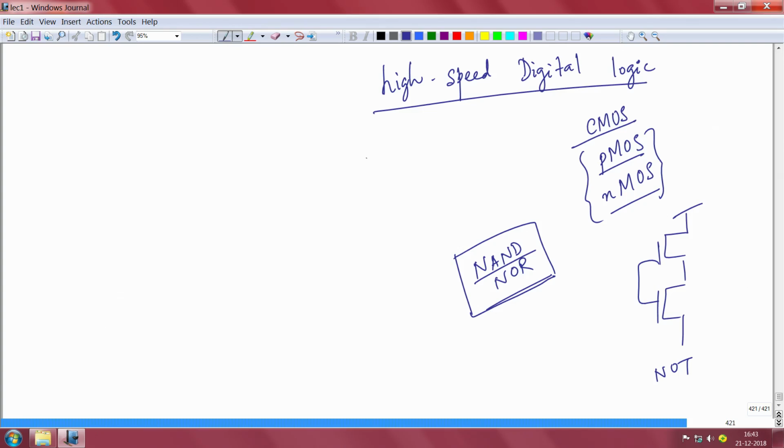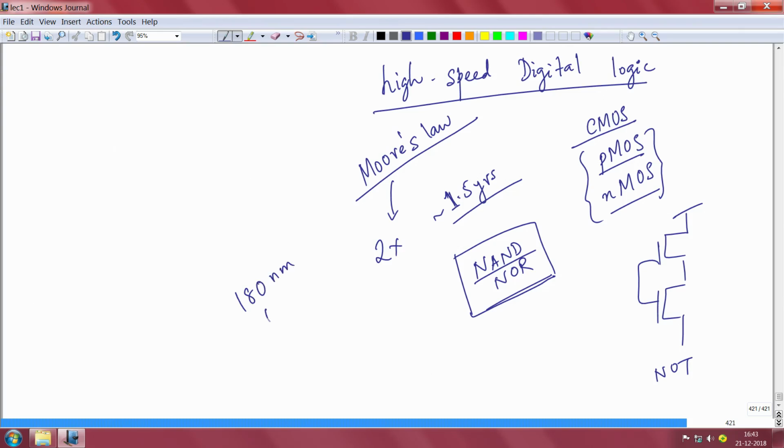And with gradual shrinking of the device dimensions, which comes with Moore's law, you are able to make the devices faster and incorporate more functionalities in the chip. That is because you have more and more devices per unit area. That is what Moore's law says, that the number sort of doubles every 1.5 years. It has been going on, people predict it will end, but we will see when it ends, right.